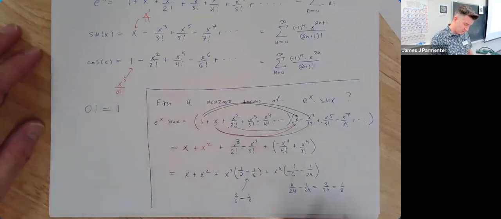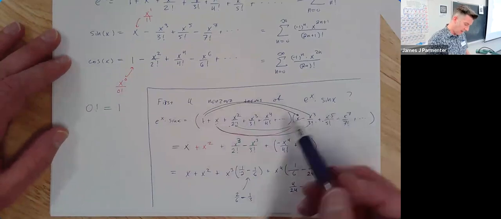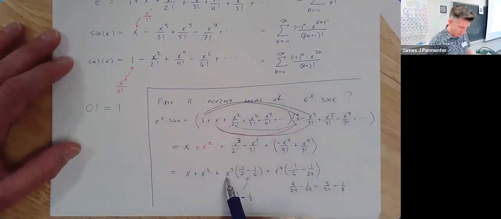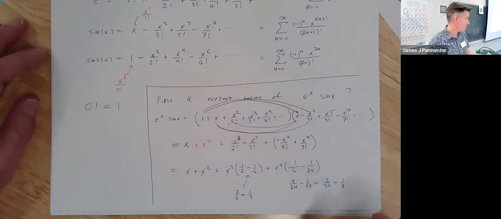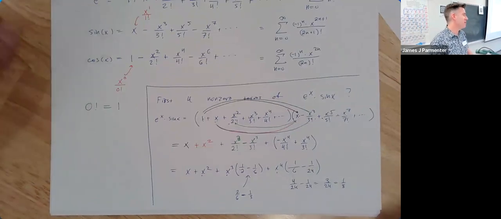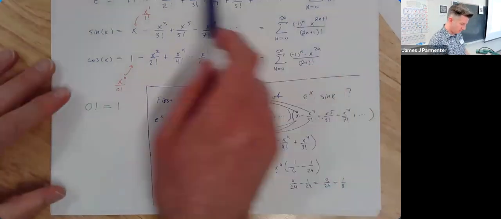So the first 4 non-zero terms of this e to the x times sine of x would be x plus x squared plus 1/3 x cubed plus 1/8 x to the 4th. Kind of a pain, but it's a pretty typical type of question people like to ask. So what I would say the takeaway from today really is that you definitely want to know these and maybe